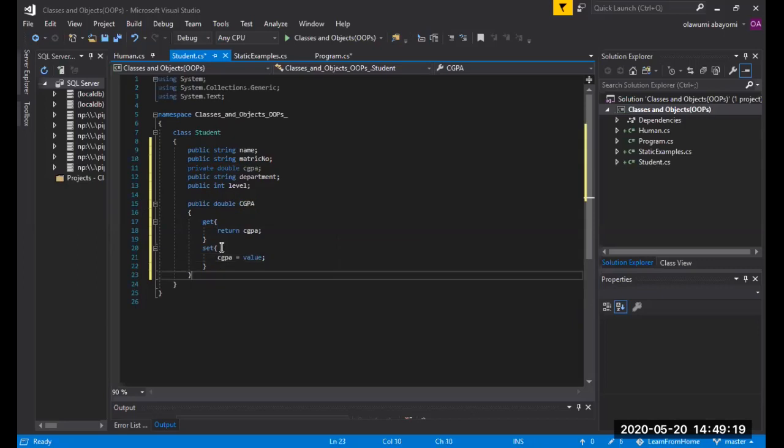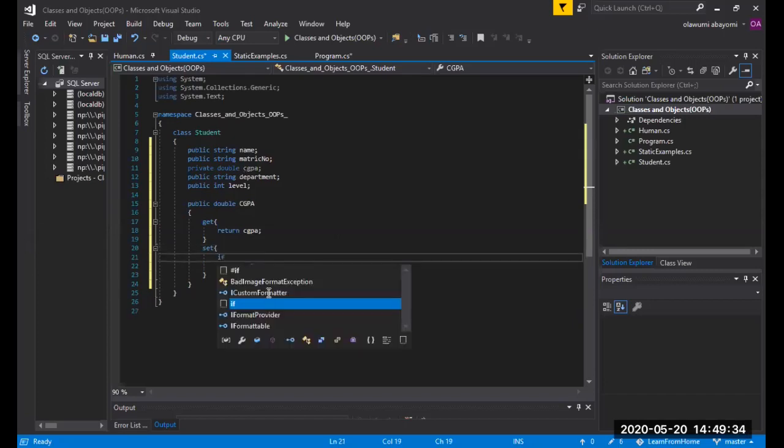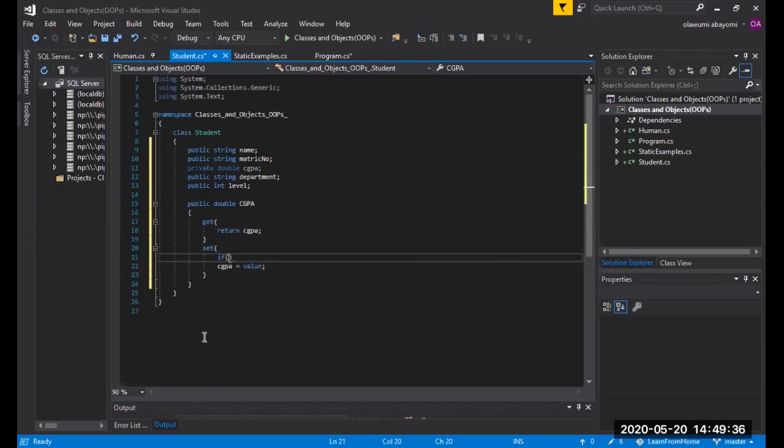Now, take for example, I want to confirm if the person is trying to inject a CGPA into it, and I want to maybe clean the CGPA. I can do that inside this place. Okay, you have to put a condition here and say if value, that means what the person is trying to submit. If value